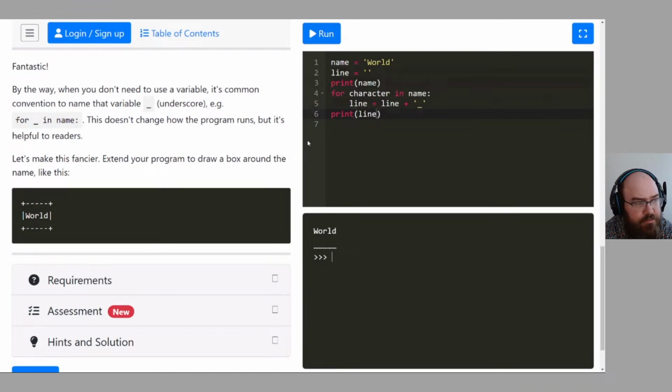Extend your program to draw a box around the name, like this. Ooh, fancy. Sorry about that.